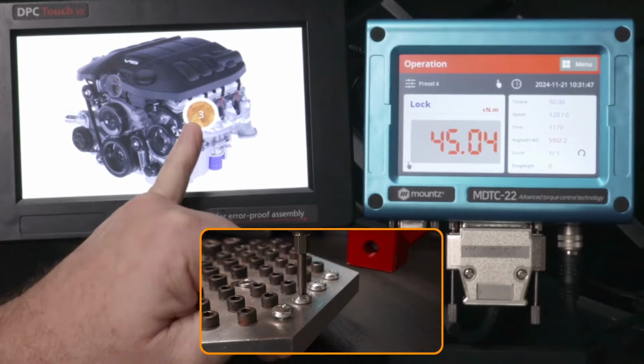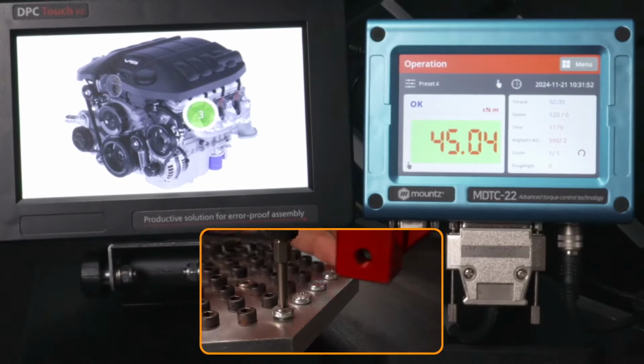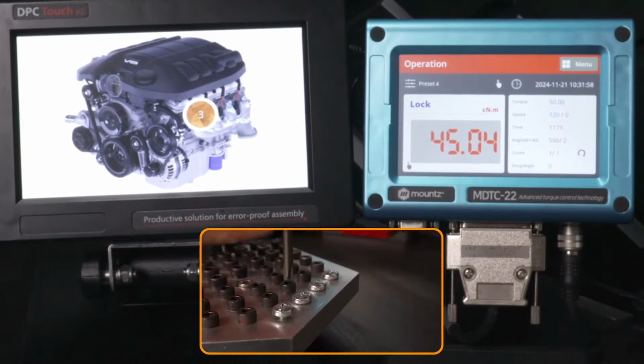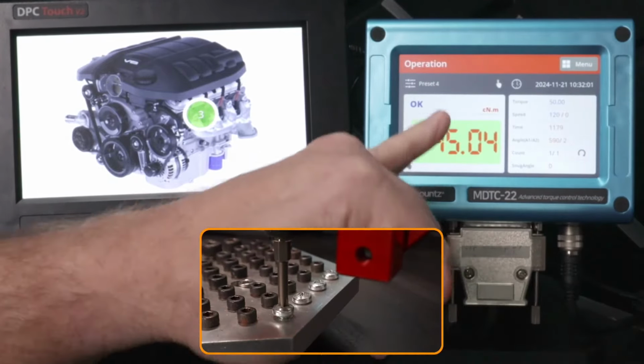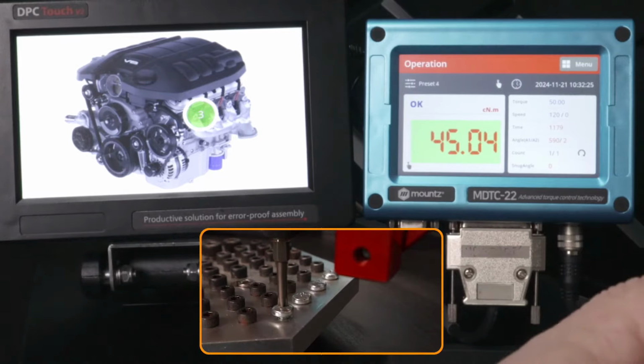Now we've got that. We moved to our third fastening, and what I did put in here is an error proofing step. Sometimes we are dealing with fasteners that can be stripped if they go too far in the assembly. We can put a maximum amount of turn per step or per preset that will let us know that we have gone too far, and it's possible that that fastener may have stripped. So if we run this down,